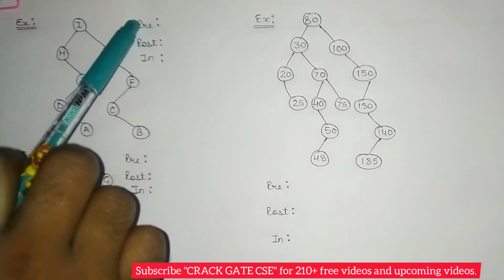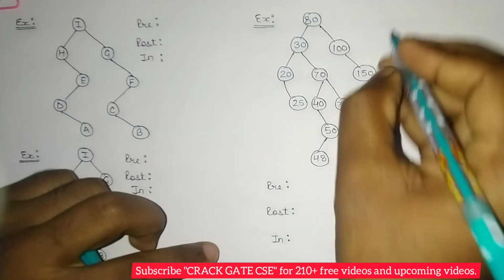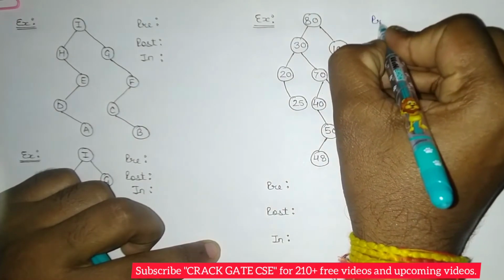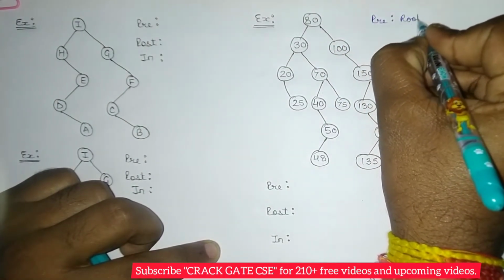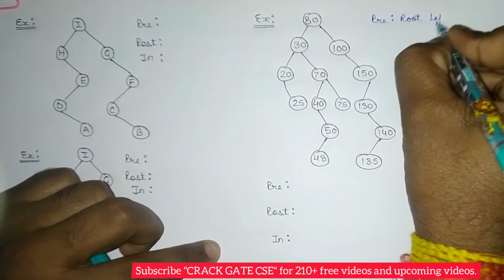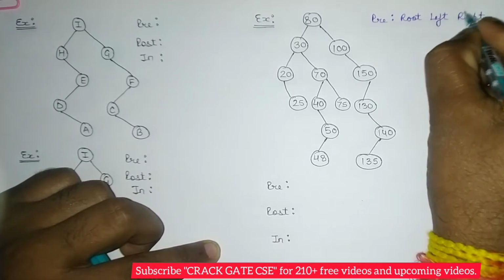There is a shortcut for pre-order and post-order traversal that I will be letting you know in this video. And for in order there is no such shortcut, but yes, you can easily get it done if you know the pattern. So first of all, let me write down the pattern over here. For pre-order, root should be printed first, then we'll be moving on to the left, later we'll be moving on to the right.